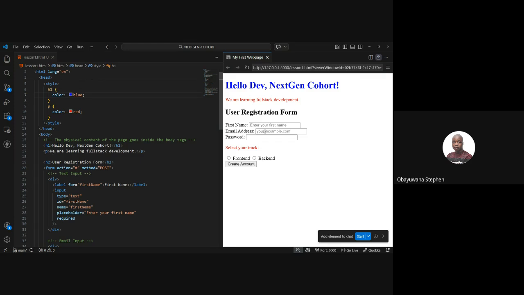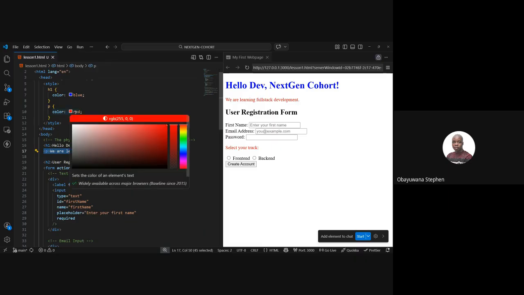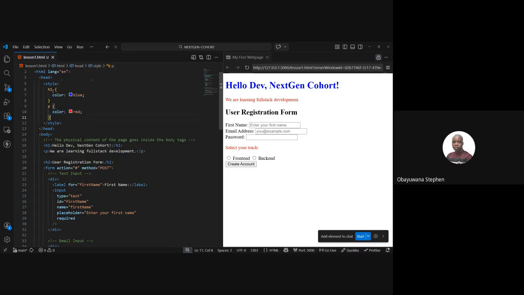Like when we applied the inline CSS on this tag, it only affected this particular paragraph element. It did not affect this other element. But now that we are applying it internally, it's affecting all the paragraph elements that we have on our web page. That's why you see that this second paragraph is red. Okay, so